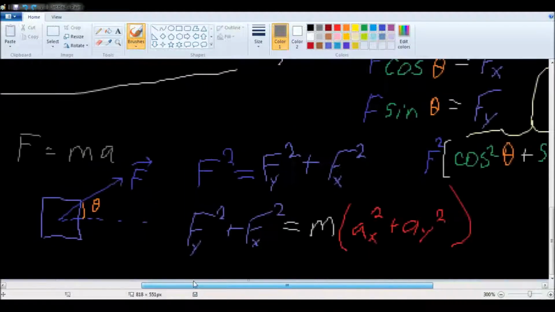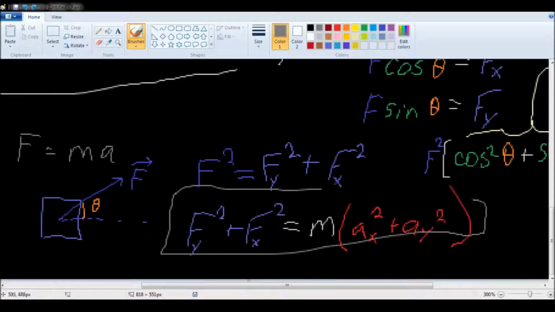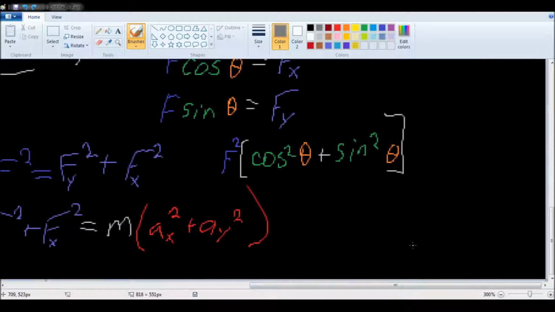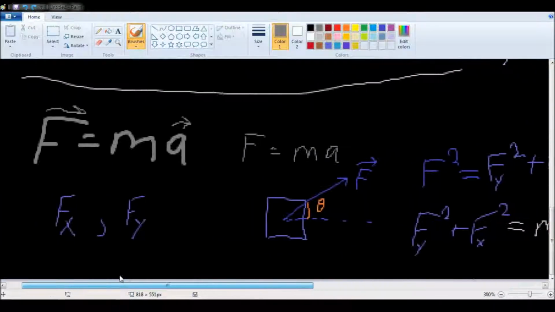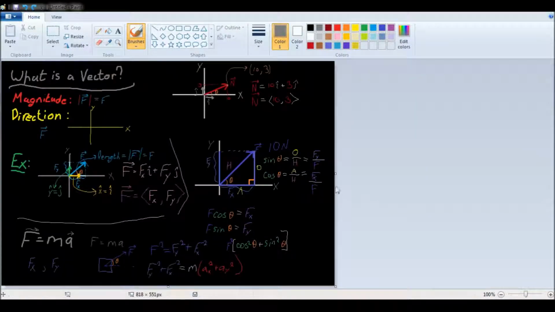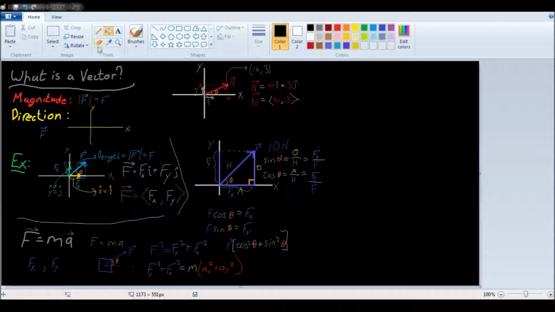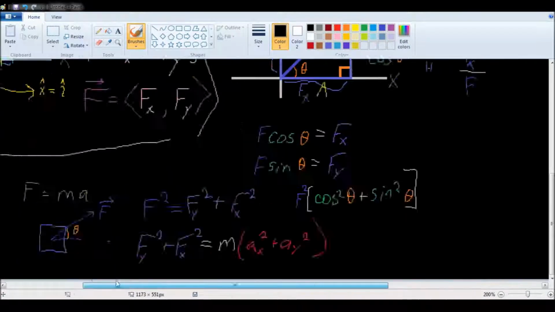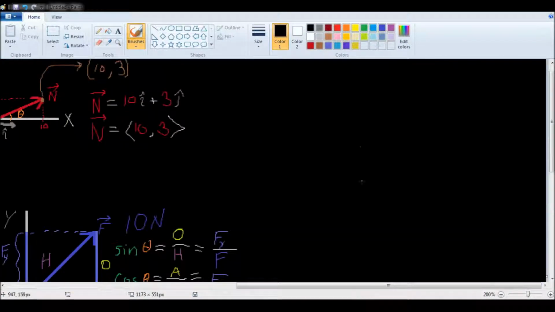So this is not the most explicitly useful equation, and oftentimes it's much easier to look at this in component form. So to look at forces in motion as components, and I'm going to expand my screen here a little bit because this video is taking a little bit longer than I thought it would, because I seem to ramble quite a bit. But anyway, so we can actually break this down if we have